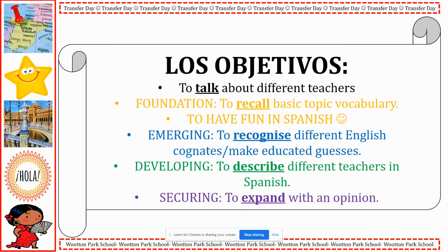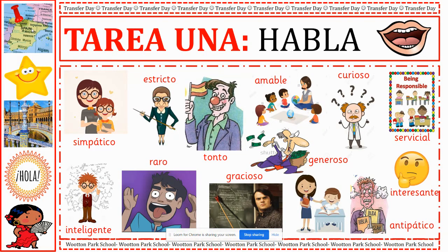We're going to have a look at making guesses at words, which we've just started to do, and then we're going to see if we can describe different teachers and then really push to see if we can expand with an opinion. So this is your opportunity to stop, pause, restart and practice your Spanish speaking. So I'm going to read these aloud and I want you to hear in your best Spanish accent what you think they sound like. So, simpático,